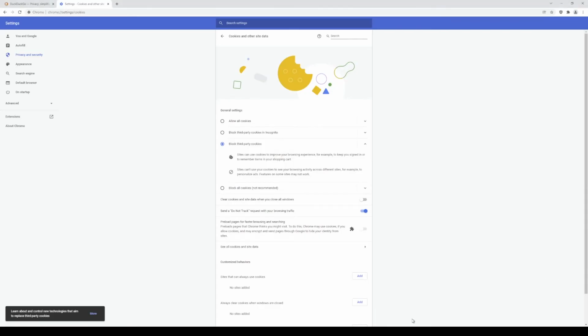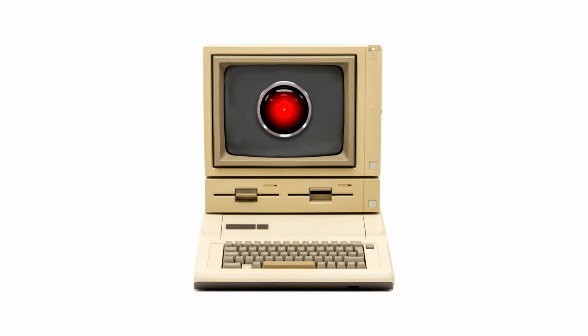Next, you might want to consider turning on Clear Cookies and Site Data when you close all windows. If you do this, then the downside is that the next time you open Chrome, you'll have to re-log in to whatever sites you use. So think carefully about whether this is the right thing for you before you do this. But the benefit of turning this on is that if any tracking cookies slipped past uBlock Origin or Privacy Badger, they'll be nuked automatically the next time you close Chrome.